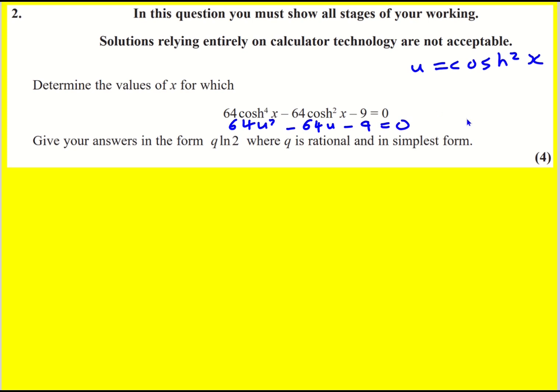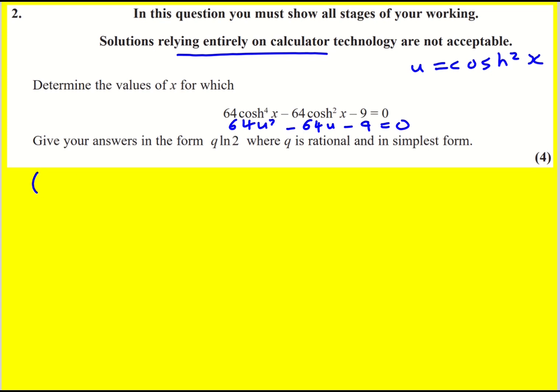All right, and there's two approaches here. We could just try and factorize it by hand, which is a little bit awkward because of the size of some of the numbers. Or you can use your calculator and kind of work back. I would strongly advise, even though it says relying entirely on calculator technology, but that just means if you just stick the whole thing in your calculator. We can use our calculator to use a quadratic formula here, for example, but I'd strongly advise still to write